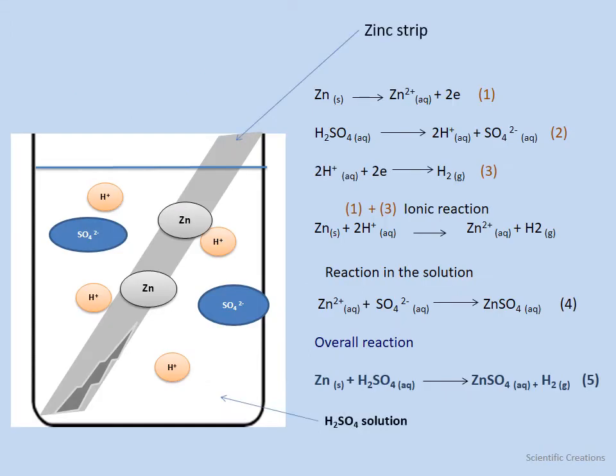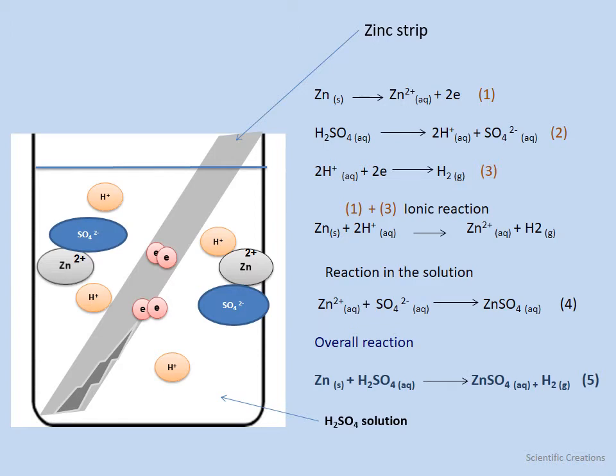Let us explain the reactions behind the observations. Zinc atoms enter the solution as zinc 2 plus ions while leaving 2 electrons in the strip. This phenomenon results in the dissolving of the zinc strip. As sulfuric acid is a strong acid, it dissociates into hydrogen and sulfate ions in an aqueous medium, which is represented by equation number 2. The zinc strip is negatively charged due to the excess electrons which are left by the